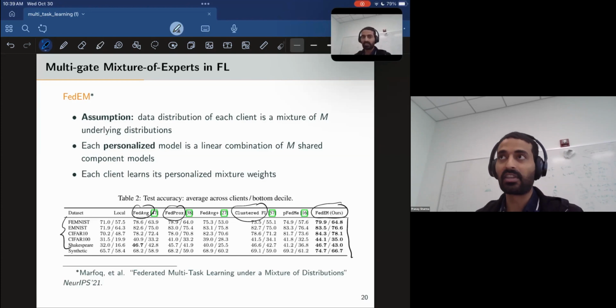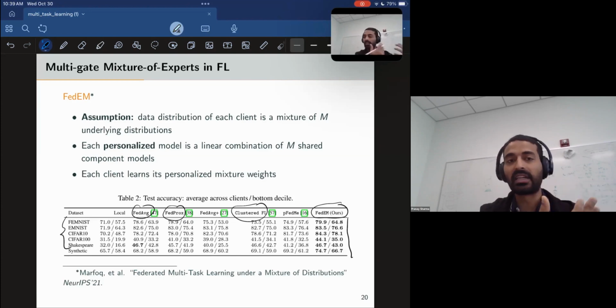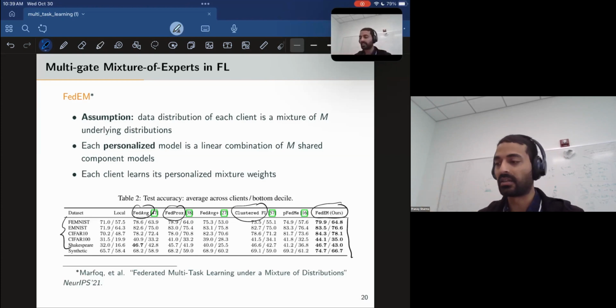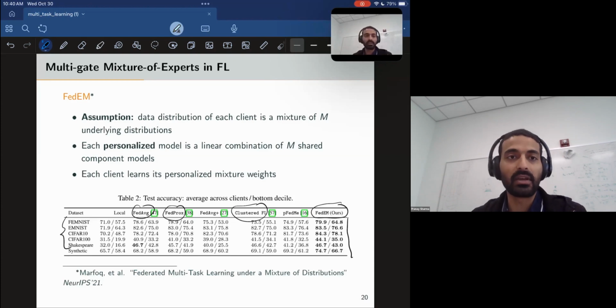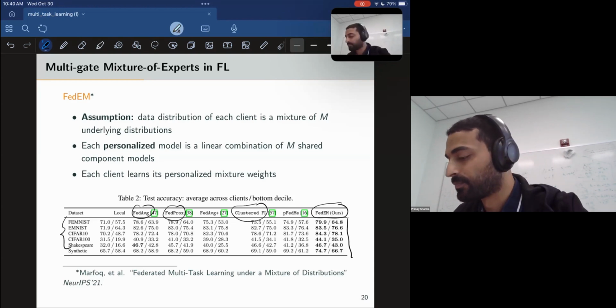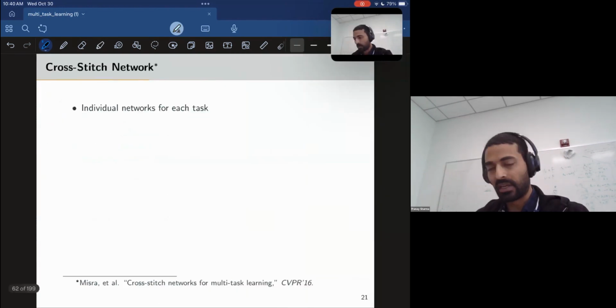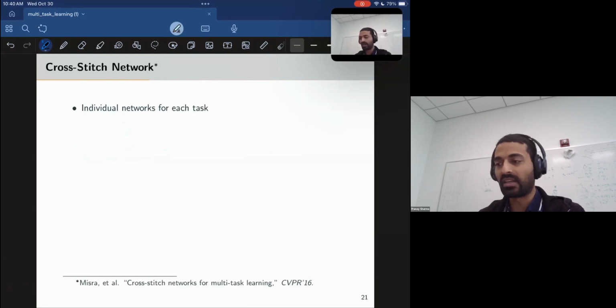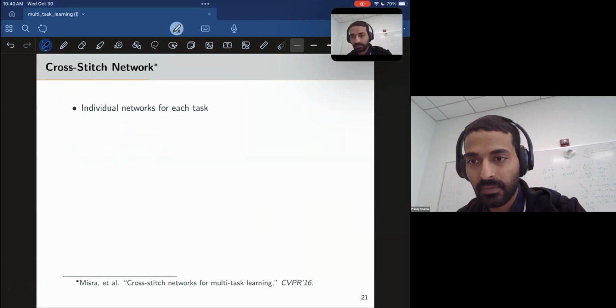And again, we see the same thing: an idea from multitask learning was adapted to the federated setting. It can happen knowingly, it can happen unknowingly, but there is a lot of talking happening between these two fields. Okay, let's look at one last architecture suggestion which people came up with.